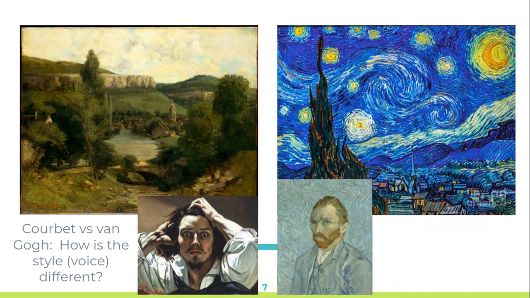Okay, now that we're back. So, what did you say? What I would say is Courbet is using much more naturalistic lighting and color, whereas Van Gogh is using much more vibrant, heightened color. Courbet has, again, a more naturalistic approach to texture, whereas Van Gogh has kind of a uniform texture throughout the piece